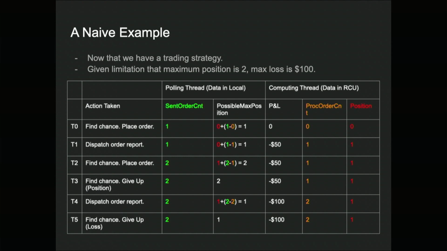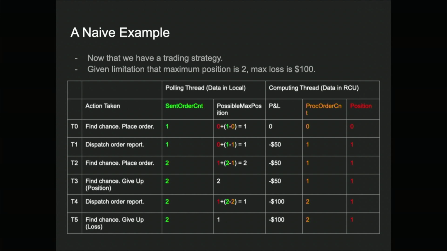This allows the polling thread to process market data as quickly as possible, and the algorithms will also be executed in this thread. But how do we update data back to the polling thread with minimal penalty? That's where RCU comes in as a great choice. The only challenge is how to adjust the algorithms to work correctly with RCU.